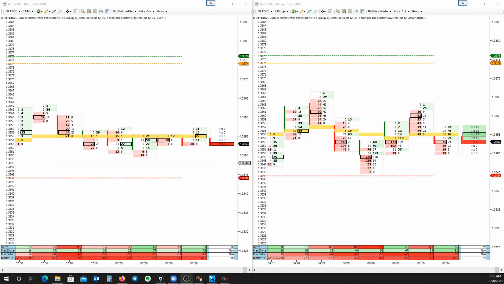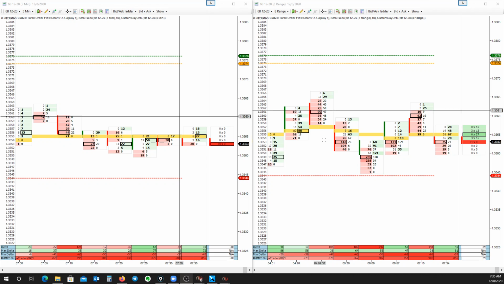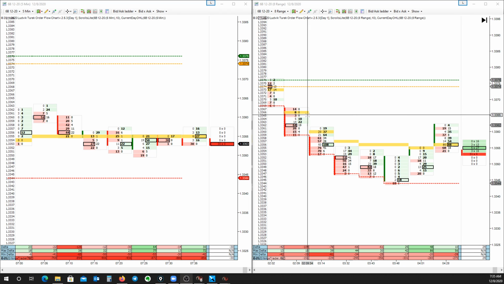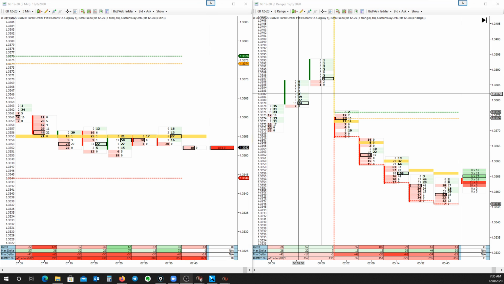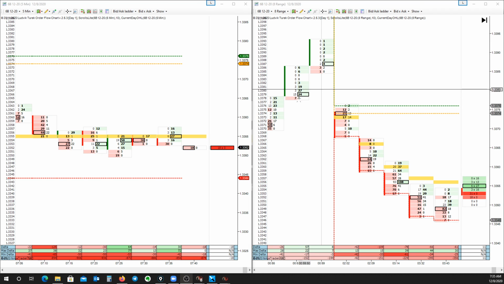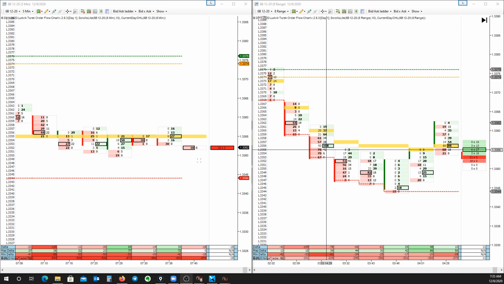Again, here I have my footprint on the left with the 5 minutes, and the one on the right is an 8 range. Just look closely at this. After 8 price ranges, the bar closes. There is some disadvantage to this, and there is more disadvantage with the minute chart. Why? Because as we talked about, the key elements in order flow include price and volumes traded. Here we see the volumes, we see price, but the time